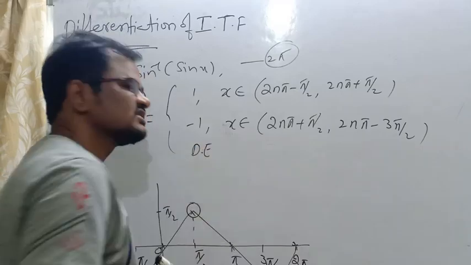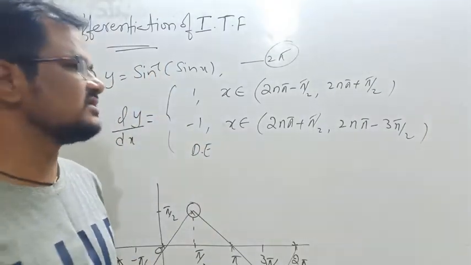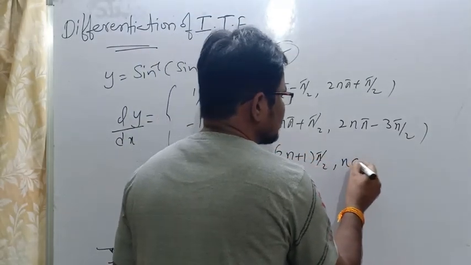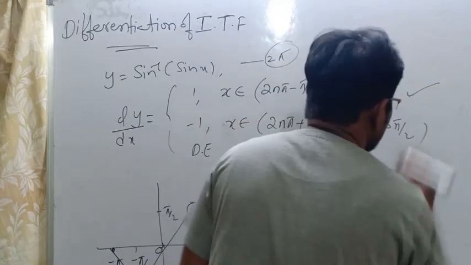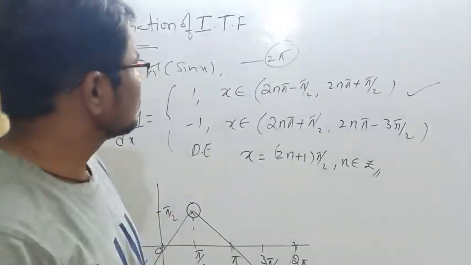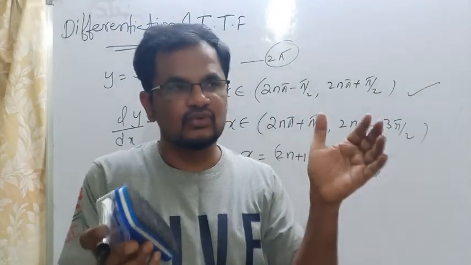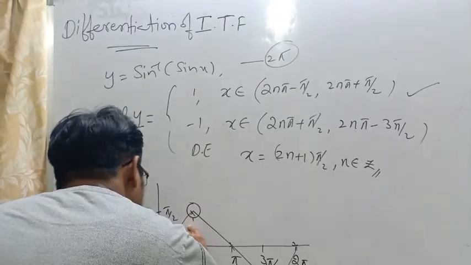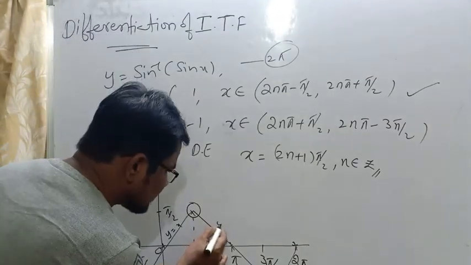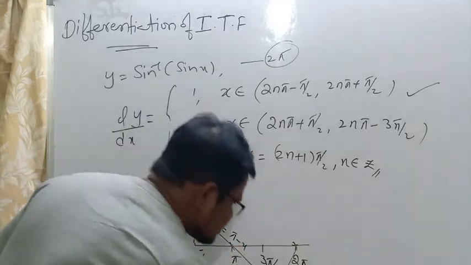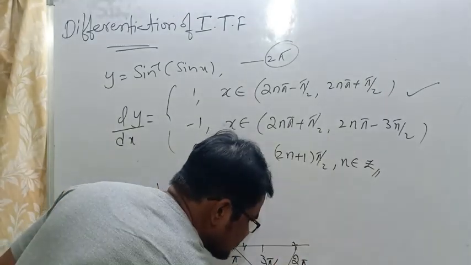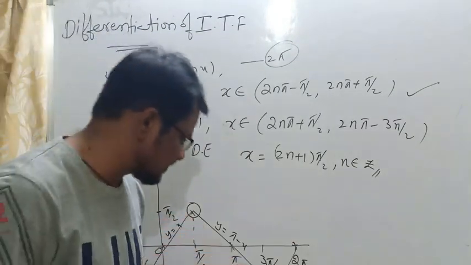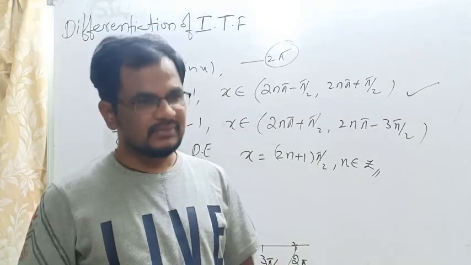So the differentiation of this function does not exist whenever x equal to (2n plus 1) into pi by 2, n belongs to integer. So this is the general information. Previous one, we only observed from 0 to 2 pi. Now by the diagram if you observe, this is the y equal to x graph, and this is the y equal to pi minus x graph, and this is the y equal to minus 2 pi plus x line. So already we have taken y equal to x, y equal to pi minus x, y equal to minus 2 pi plus x.